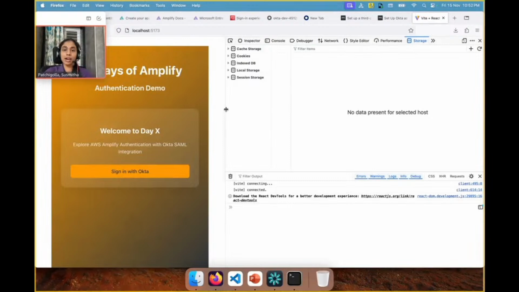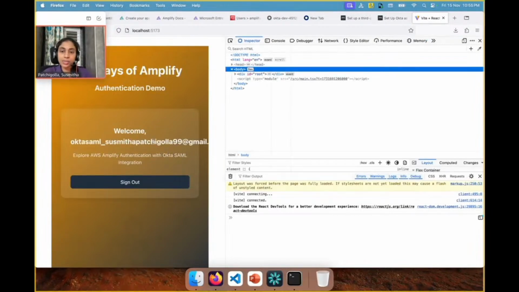Okay, so that is like a quick integration. So I signed in my user again, and one issue I'm seeing is in code I map this welcome to my username to just show my name rather than an entire email or my username. So to get this right, let me verify the mapping once again from the Cognito end and from the Okta